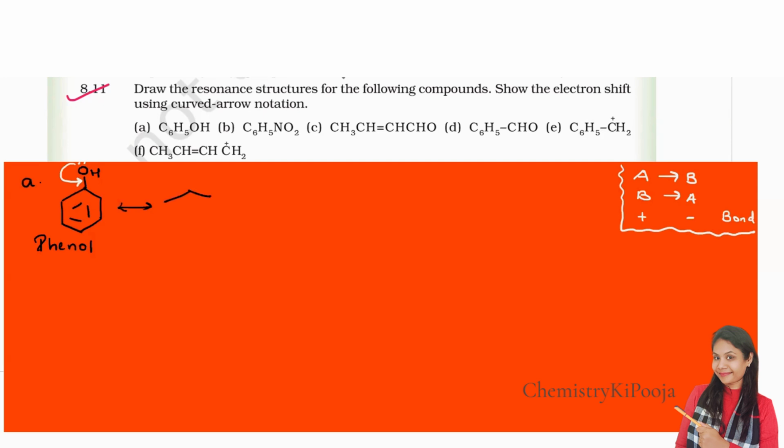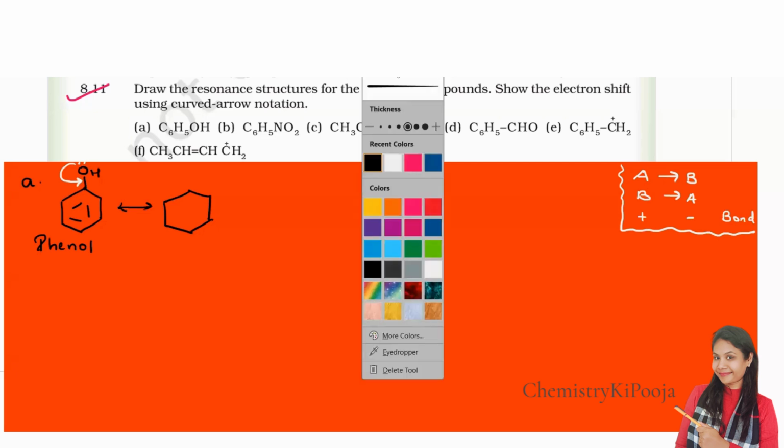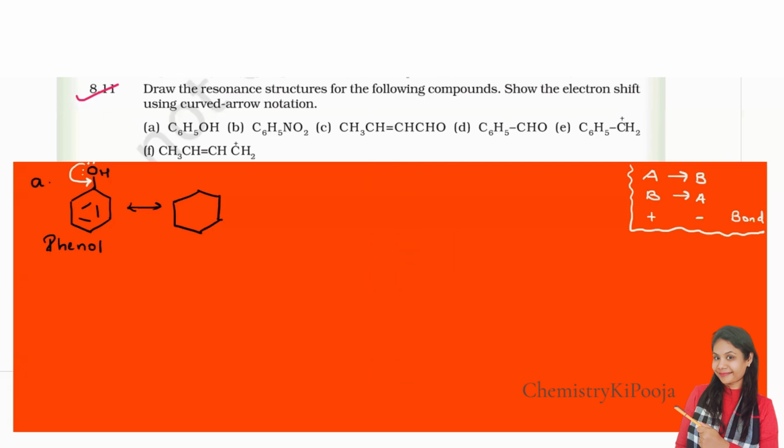The resonating structure will be, here it is. We have the lone pair. How many lone pairs are present on oxygen? There are a total of 2 lone pairs present. Out of these, 1 lone pair will shift towards the adjacent bond, with the first rule, atom to adjacent bond. Then here I will get a double bond. We have oxygen, and then only 1 lone pair is present, so it will carry 1 plus charge.